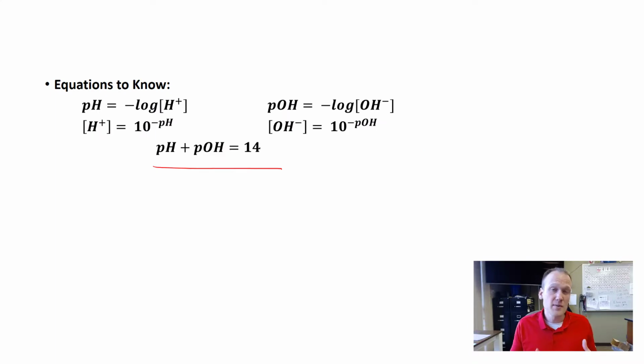There's quite a bit to know when it comes to acids and bases, and there's lots of math involved too in order to get from concentration of H plus and OH negative ions to pH and pOH. I would bring you back to these equations and just make sure that you know how to use them given the different types of word problems you're going to see.